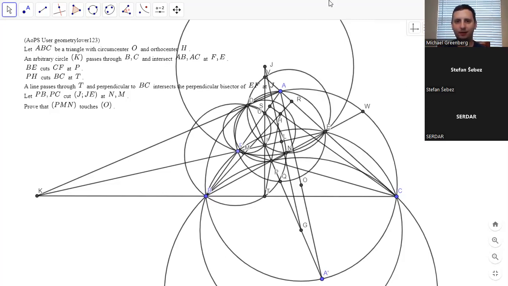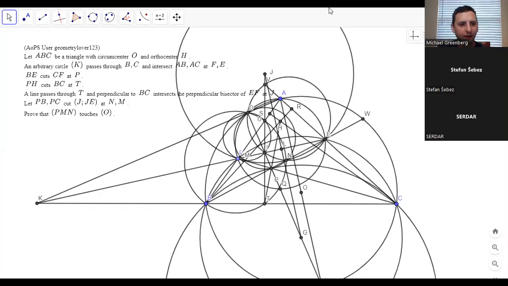All right, let's see. DNE is 180 minus DNB, which is 180 minus DUB, which is 180 minus DIF, which is DIE. Oh yeah. You guys have the same angle chase. So that's it. Once you show that N lies on that circle,